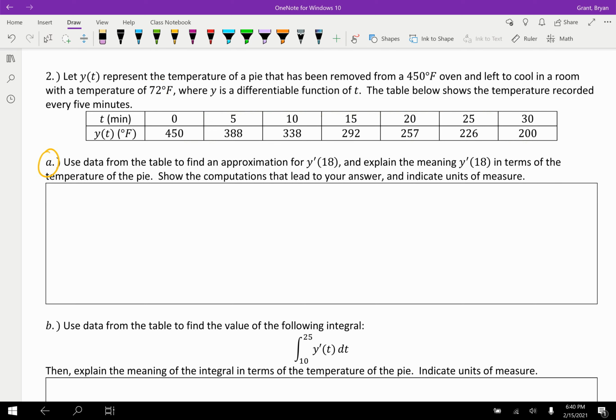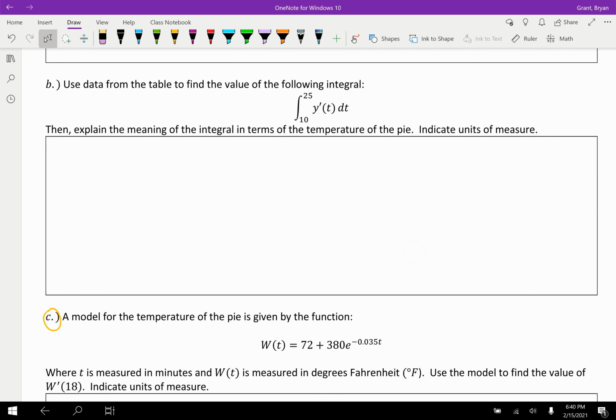All right, so part B. Use the data from the table to find the value of the following integral. Integral from 10 to 25 of y prime of t dt. Now,